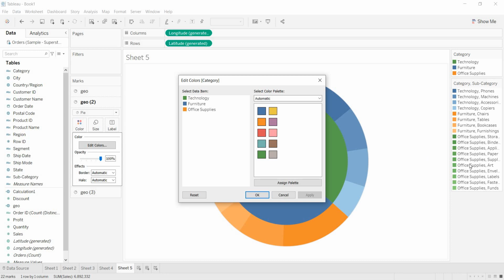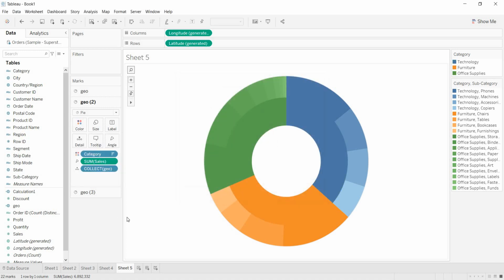Now let us change according to this coloring. Now office supplies, here it is taking green. Furniture is taking what? Furniture is taking blue. Now technology is taking which color? Sorry, technology is taking blue color. Furniture is taking orange color. Now click on apply. Click on OK. Now it got set, right?